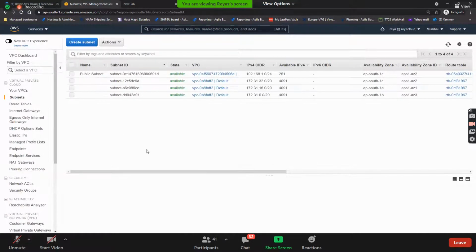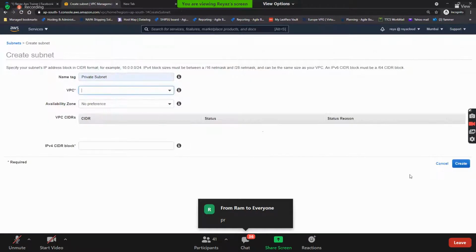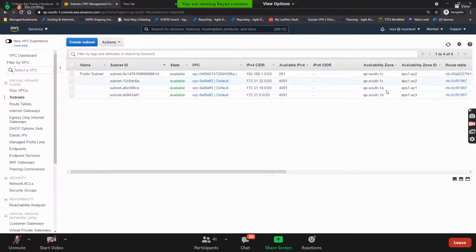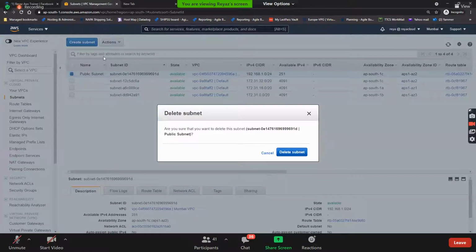What's next? We need to create one more subnet. Public subnet is created. Should we create private? Yes. Let's click on private subnet. Which VPC? Mumbai VPC. By the way, did I select the availability zone? It went to 1C. Guys, please let's delete this. I don't like 1C. Okay, sorry.